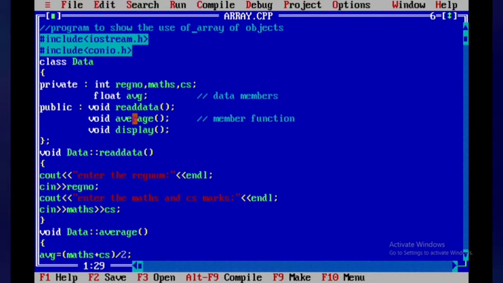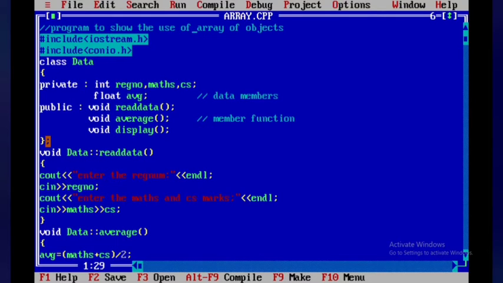So inside that class, we should only declare. How to declare? Along with its data type or return type, then the function name with parentheses and a semicolon that indicates the termination of that member function. Okay, so this is regarding the declaration of the member function, and this indicates the closing of the class called data.